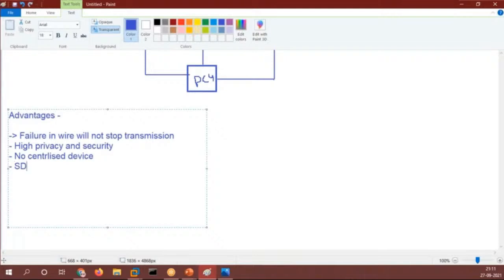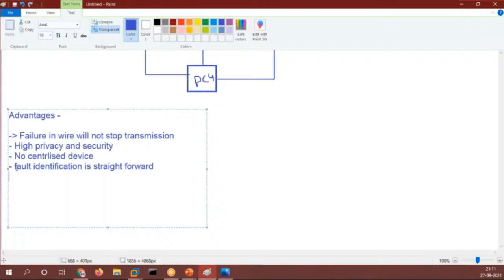Not easy, but fault identification is straightforward, right? Now you know that if one PC is not able to directly send data to the second PC, then the wire in between is faulty, right? The changing, managing and maintaining of that is very hard, very tough, right?